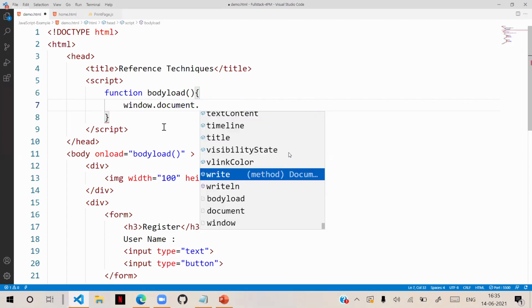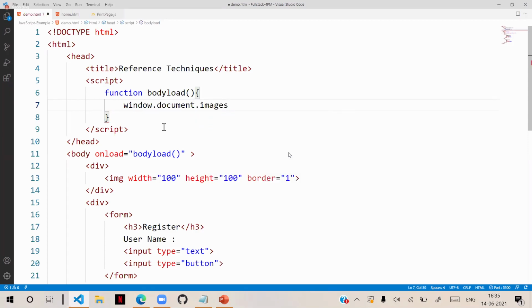In document, we have images. Images is a collection. So an array. So in the square brace, we have to define. Now, there can be so many images. The first image we want to access, because only one image is there, then its index number will be 0.